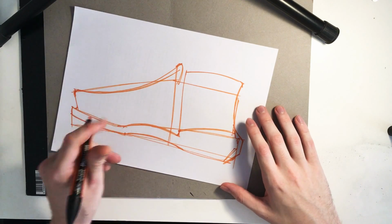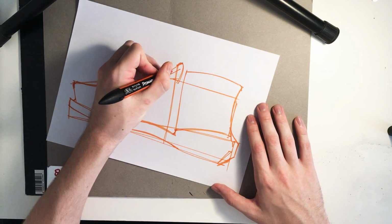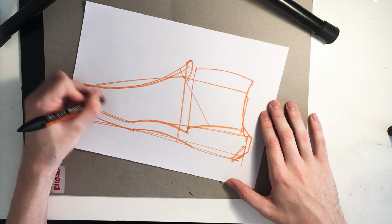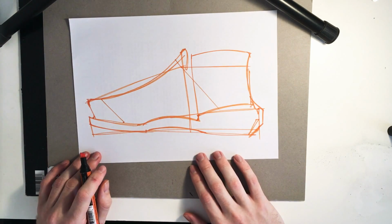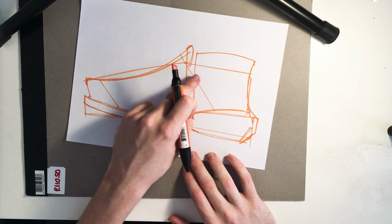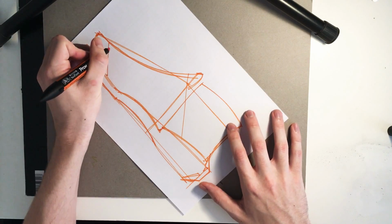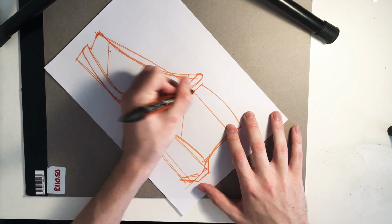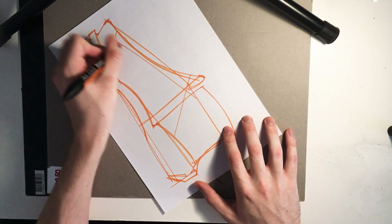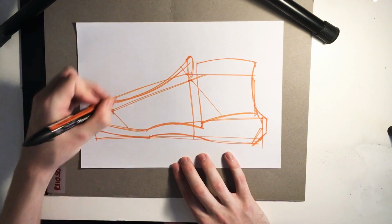So, for example, there's always a lot of detail on the side of the shoe. So for the sake of this exercise, I'm just going to pull 2 diagonal lines down. And you can see there's a very interesting overlay going on here. So the question is, how can we profit off that idea? Because that's something quite interesting. So you might want to draw a reference line from here to here and pull a line across, round off these edges,